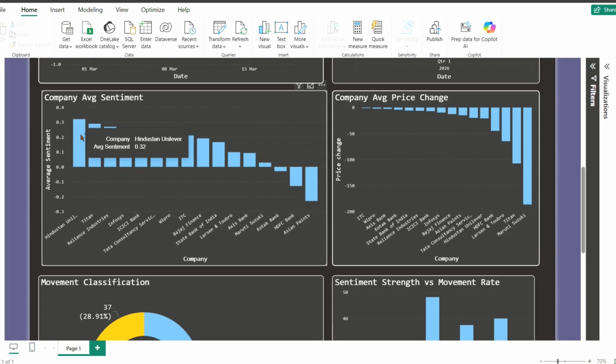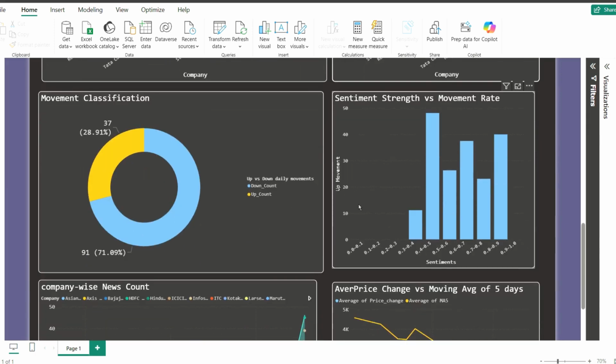Company-wise average price change. This shows how each company performed in terms of price. Some companies have strong negative returns. Even with positive sentiment, price can still fall. Movement classification. For this we have used a donut chart. This shows the percentage of up movement and down movement. Here we can see that the majority of movements are down, indicating